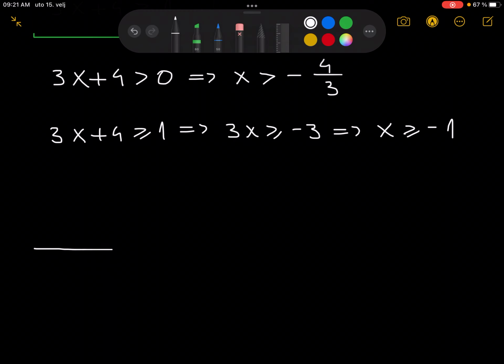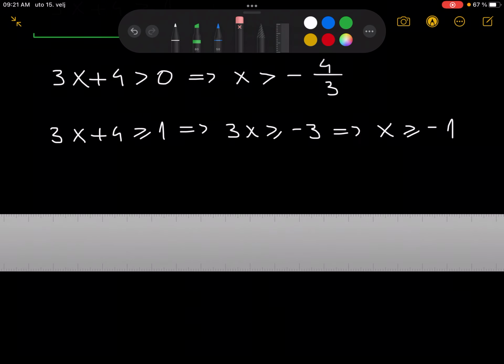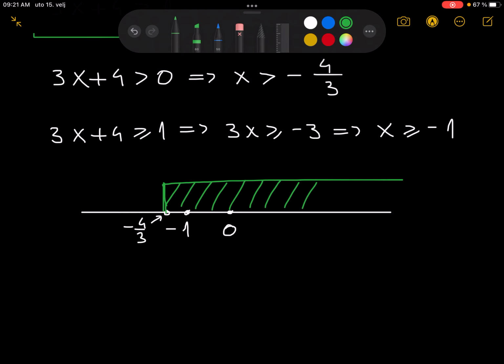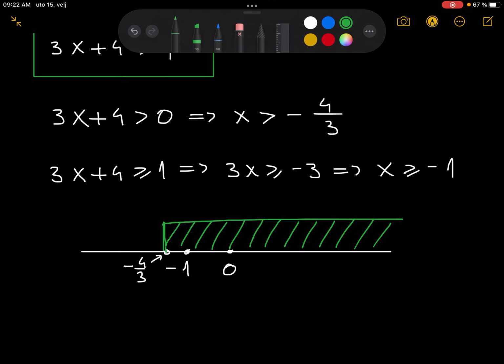So the final solutions will be easiest to find by drawing a number line. I'm just going to go ahead and use a ruler. Okay, so let's say that our 0 is here, so our negative 1 is here, which would make negative 4 over 3 be somewhere here. Okay, so in the first case, these are our values. I'm going to mark them in red. These values satisfy the first inequality, our condition,